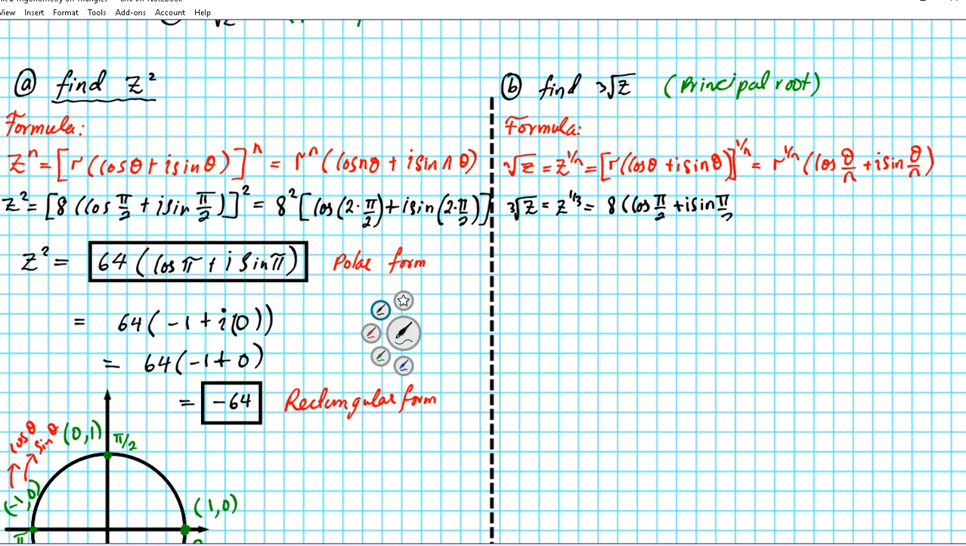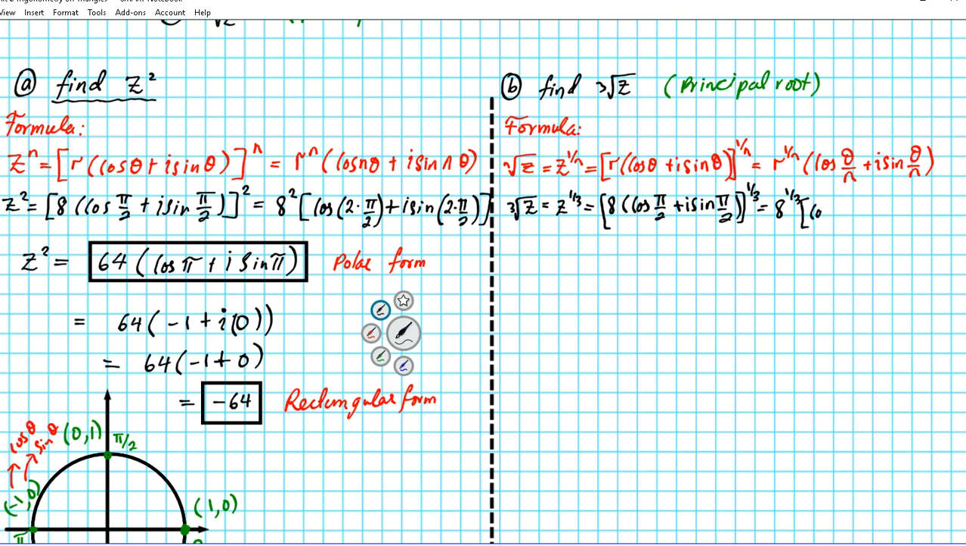What we're doing is taking this complex number in polar form and looking for the third root, which is equivalent to raising it to the what? To the 1/3 power. So if we apply this formula here, we're going to have 8 raised to the 1/3 power times